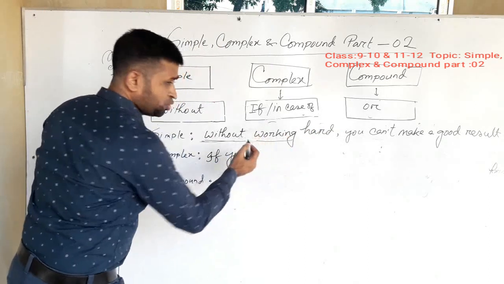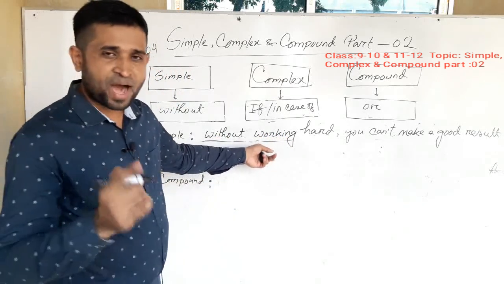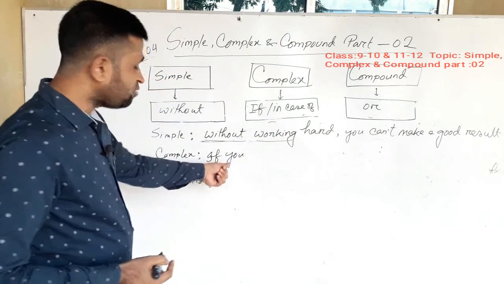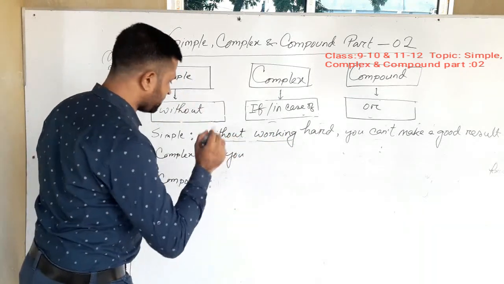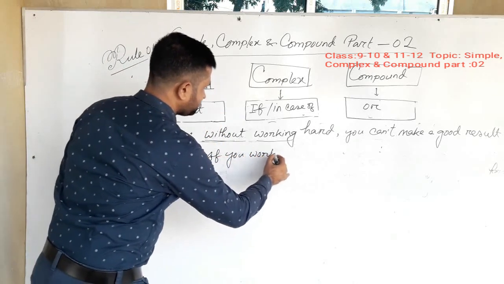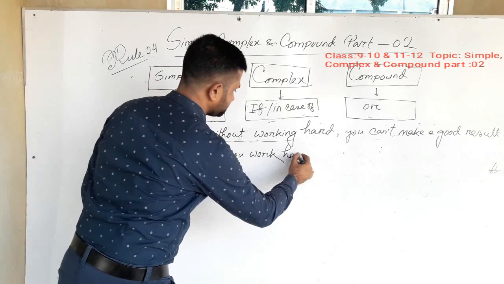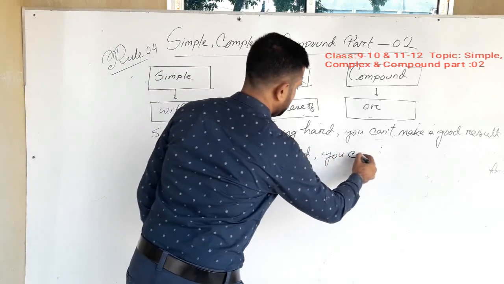Now you know that after "without" we should use verb plus ing, but now you can't use ing. You should use only the main verb. If you work hard,